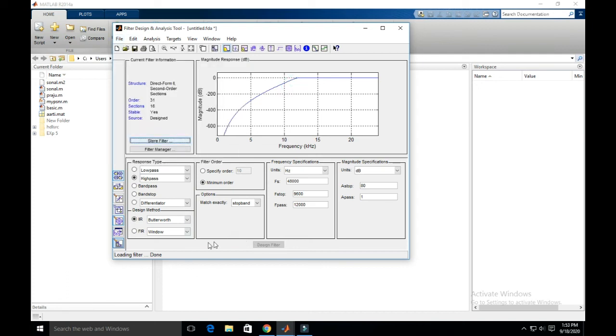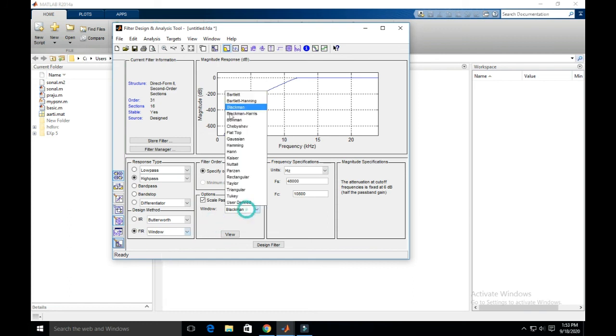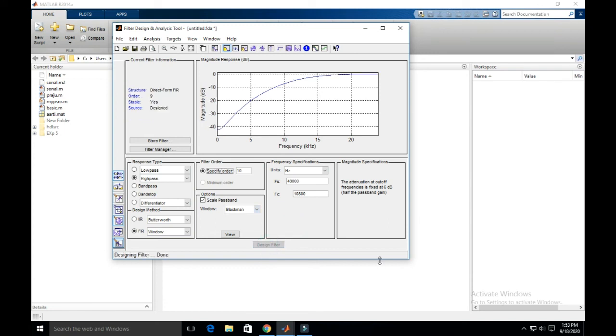If you want to get a MATLAB code for a particular design, for example, again if I select a FIR filter, window as it is, and then click on design filter, this is the FIR high pass filter using a Blackman window.